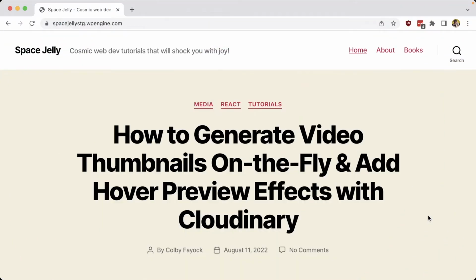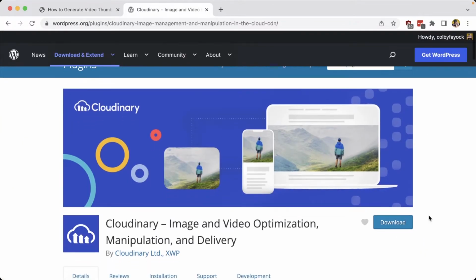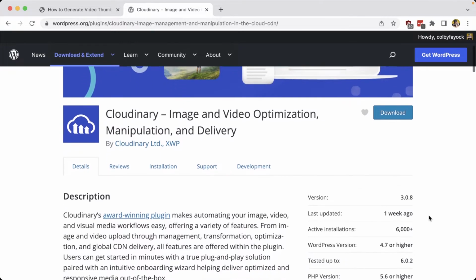WordPress is a great veteran content management system that gives teams the ability to manage content across the world. But just like any CMS, if you don't have a process around making sure all the media assets you're delivering, like images and videos, are optimized, you're going to impact the user experience and hurt performance. To solve this, we can use Cloudinary's WordPress plugin, which easily provides automatic image and video optimization for our entire